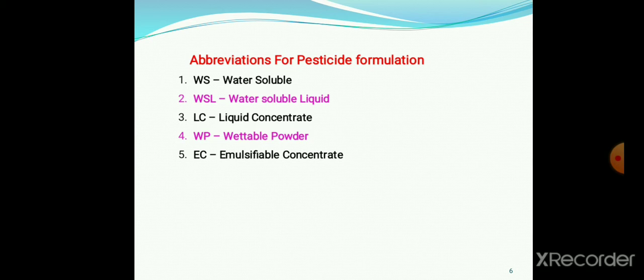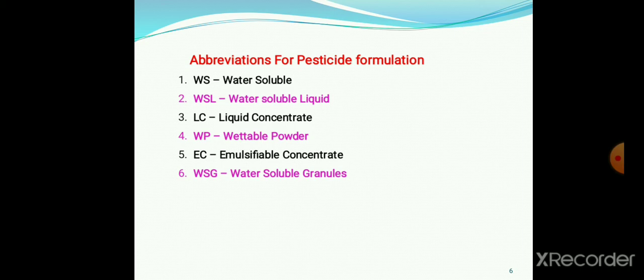How is this emulsion formed? It is a sodium or potassium salt of a long chain fatty acid. The long chain is the non-polar part, and the carboxylate ion of sodium or potassium is the polar part. This combination is called an emulsifying agent, which is specifically called a surface active agent.